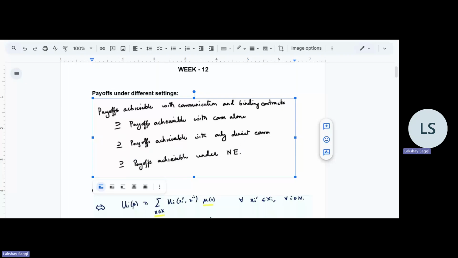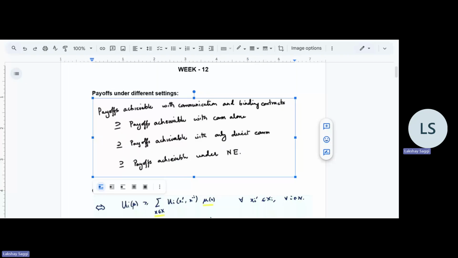And the proof for this is also quite simple because since we are taking convex combination of Nash equilibriums, no player will have any incentive to deviate from that. So payoffs achievable with only direct communication is just a convex hull of payoffs achievable at the Nash equilibrium. And then what we say is okay, in payoffs achievable with only direct communication,